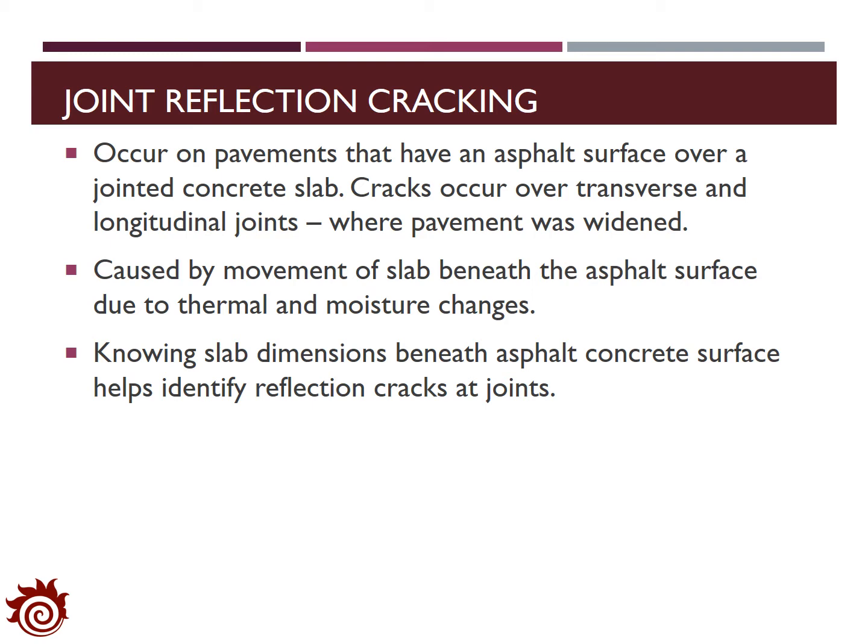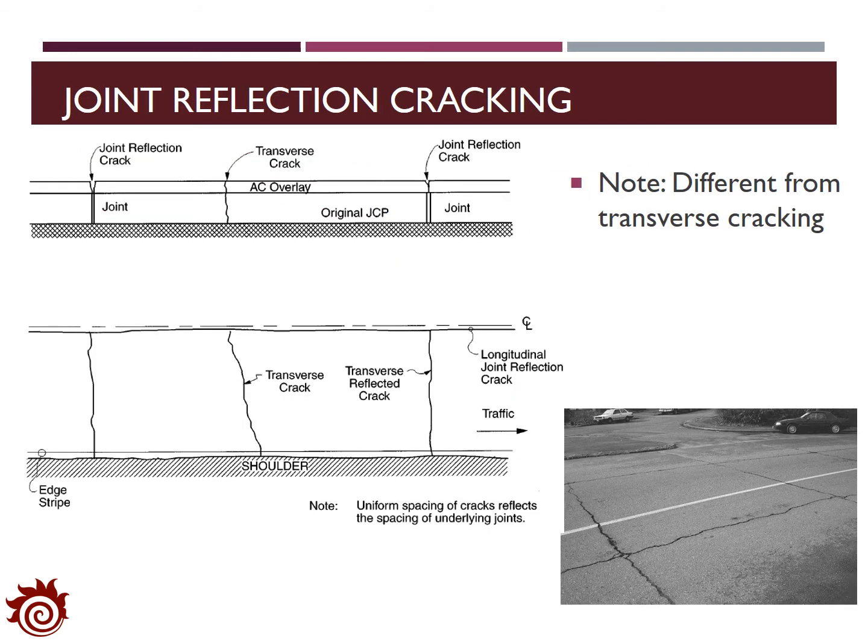The type of cracking is caused by the movements of the slab behind the asphalt surface, and this kind of movement usually is caused by temperature and moisture changes. Knowing the slab dimension beneath the asphalt concrete surface will actually help us to define the reflection cracking at the joint. The two figures on the left actually demonstrate the cross-section view and top-down view of a pavement with